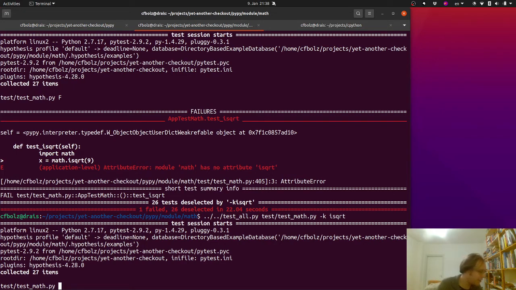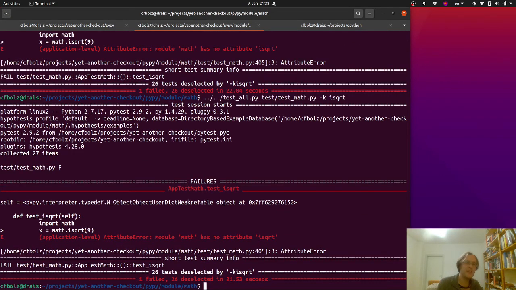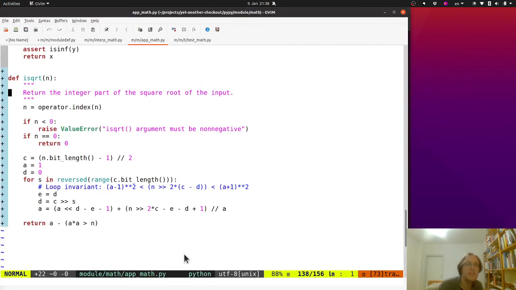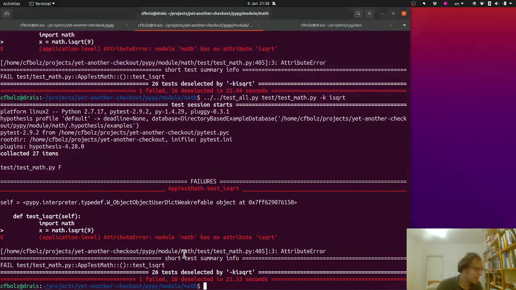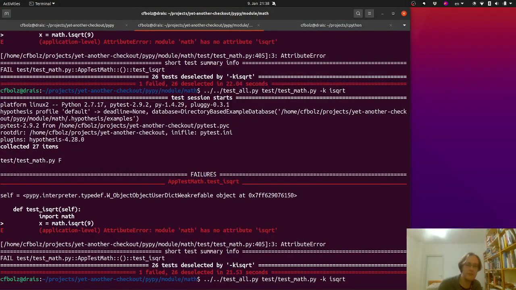Yes, so now Matti is cheating and explaining everything. Yes, exactly. So, whoops. Oh, I didn't save the file. Your gut feeling is correct